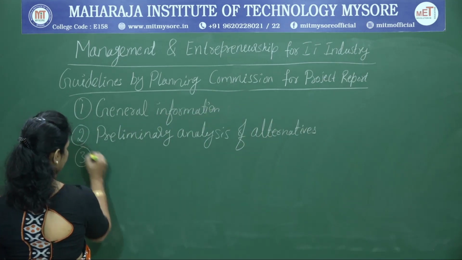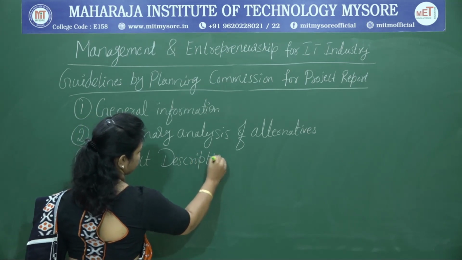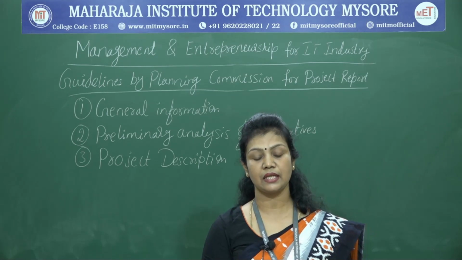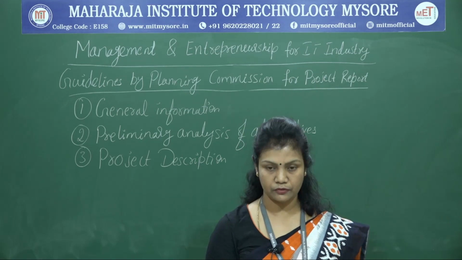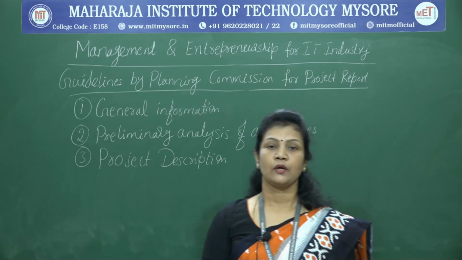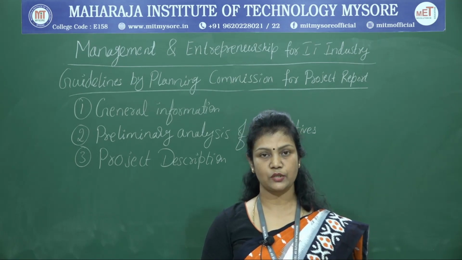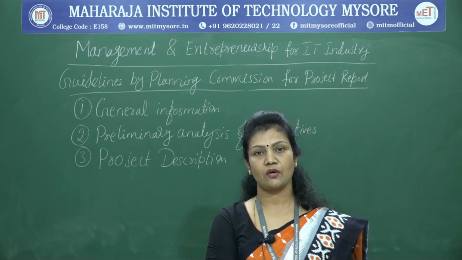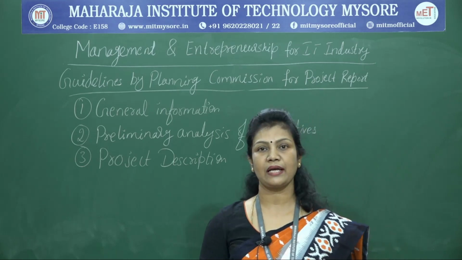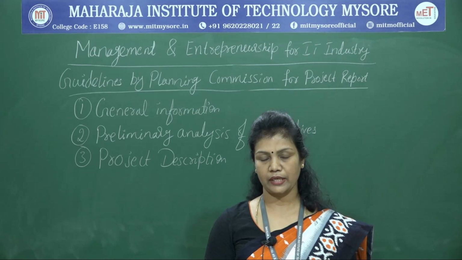So let us move on to the third one, that is project description. So under this project description, they have to prepare a feasibility report which should contain the description of the technology or the process they are going to use for the project they are going to start up with, and also when they have selected the location in order to carry out their business, what are the advantages and disadvantages of the location needs to be specified. In terms, we can generally say that the pros and cons of the location which has been selected by the entrepreneur needs to be specified here, and also whatever the plans, means what are the different ranges of products they want to develop within their organization, that needs to be provided here, and also the